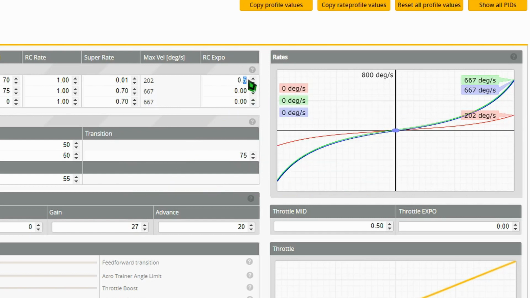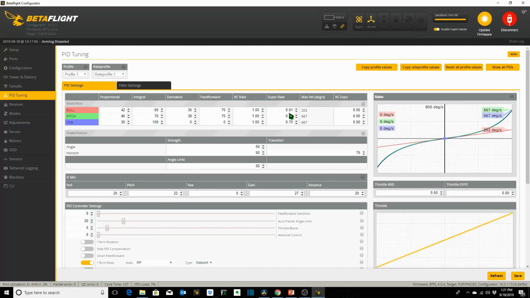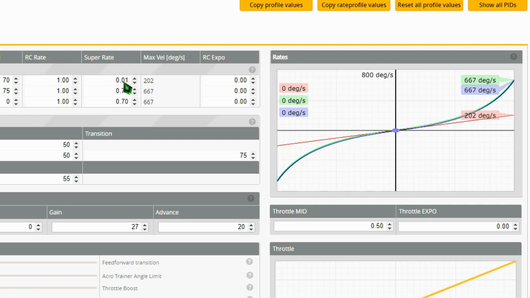We're going to go ahead and change this back to 0 and take a look at what the super rate does. So if I take super rate, we're only messing with this roll curve here. If I take super rate from basically 0 to 0.5, watch the red curve. You'll see it went from 202 degrees per second all the way up to 400 degrees per second at full stick deflection, while at the same time increasing the quadcopter's responsiveness around center stick. So it didn't soften it, it made it more aggressive around center stick while making the full stick deflection more aggressive as well. So if we take this all the way up to 1,